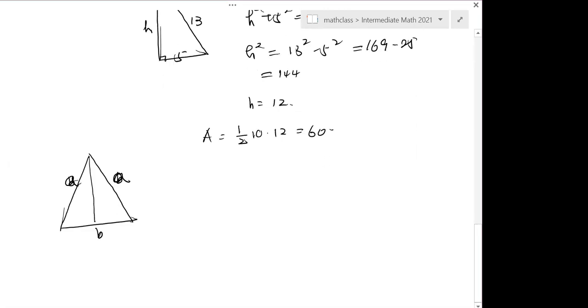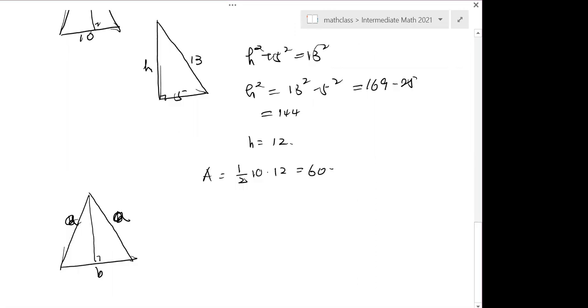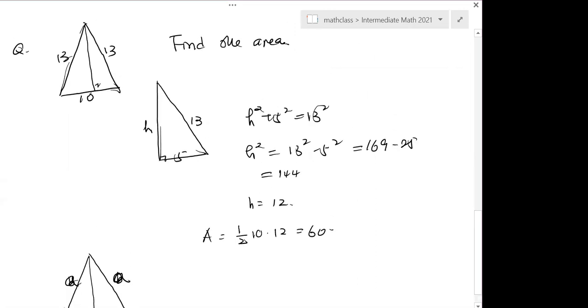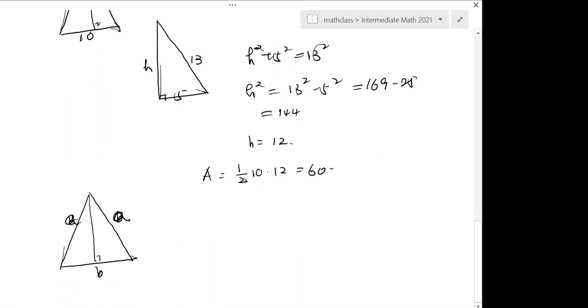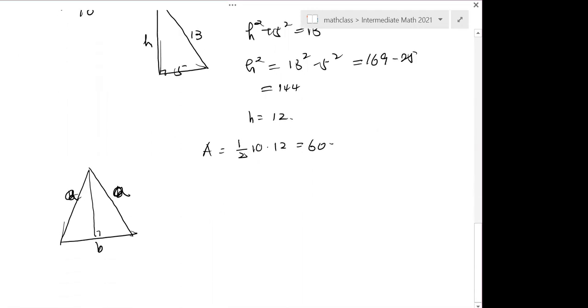So when you do a problem for this specific triangle, without being asked to get a formula, you should ask yourself this question: how about the general case, right? How about a general isosceles triangle? Can I express the area in terms of A and B? The answer is yes. So when you divide this triangle into